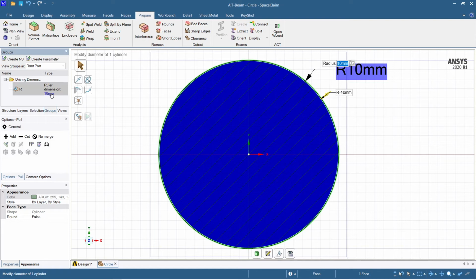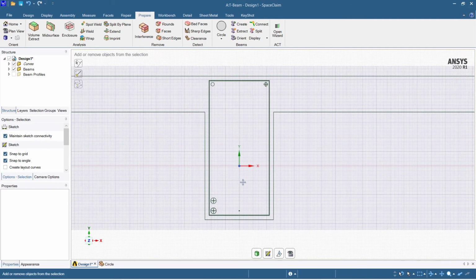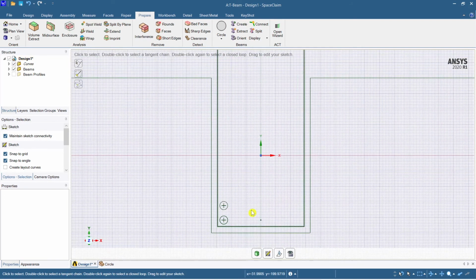We'll make it as 8. If not possible, let it be 10 mm here. Actually it was 8, but let it be 10 mm default. We are taking it as a default here. Okay, fine. Now this is done.